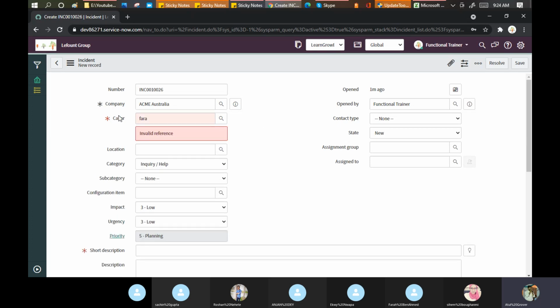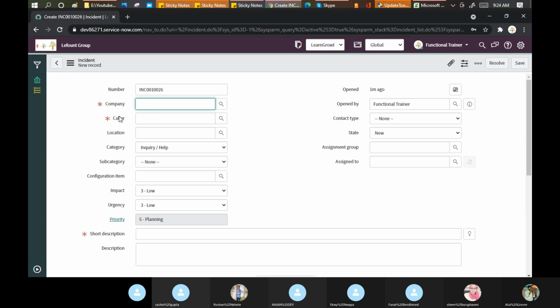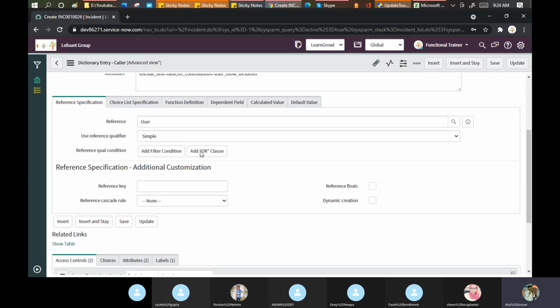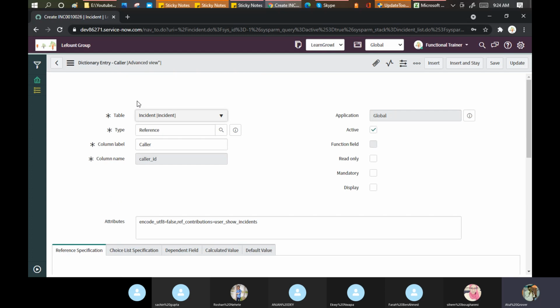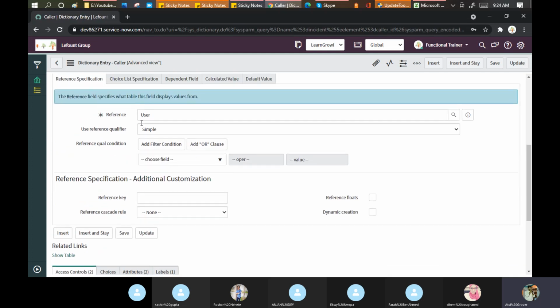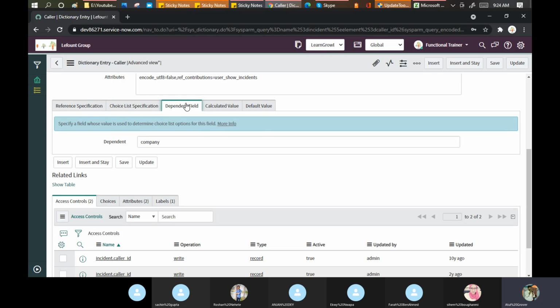So if you want to see, you can click here. Go and click on configure dictionary. User simple. Let me show the specification, dependent field.